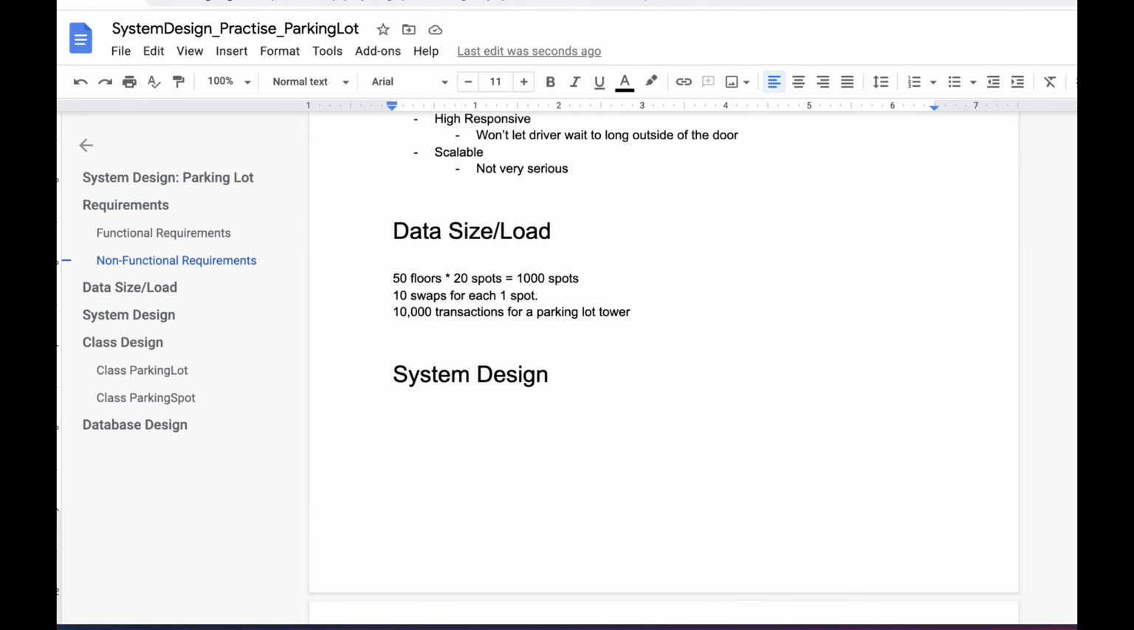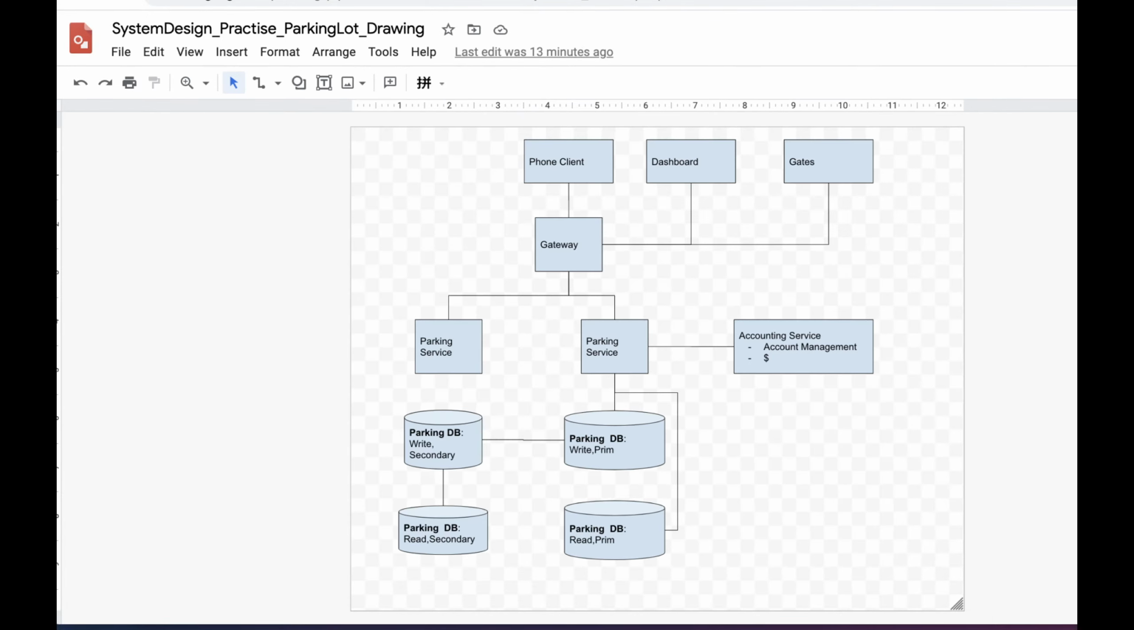I'll go to another, use Google Drawing. From here, I have a drawing here for the parking. There may be multiple different clients. You probably have a phone client. The user uses a phone to manage their parking, and there's probably also a bulletin board, like a dashboard or whatever, to show how many available spots